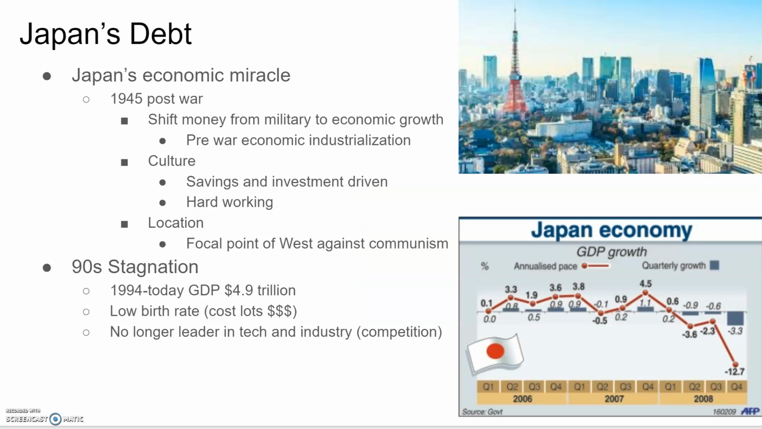So Japan, I want to focus on Japan's debt. Just going over the brief stuff that we've mentioned already, Japan's economic miracle happened right after World War II. They shifted money from their military to their economic growth. This was prime for Japan because they had a really industrialized nation before World War II. So their population was already prepared for this, whereas the rest of Asia had to kind of learn this